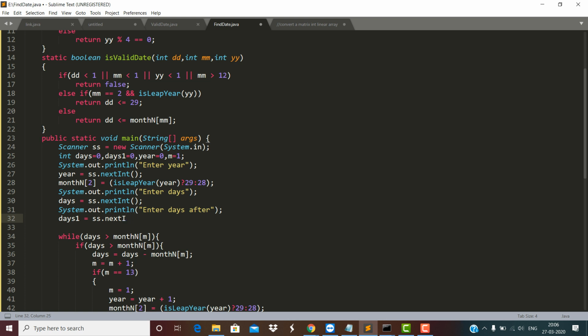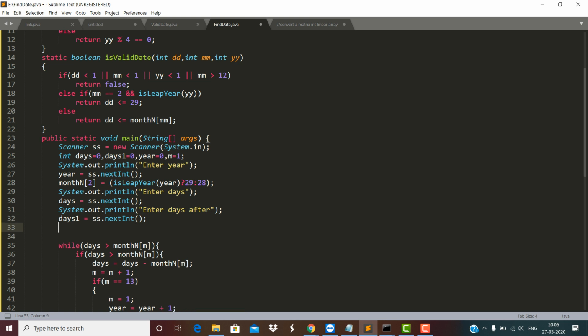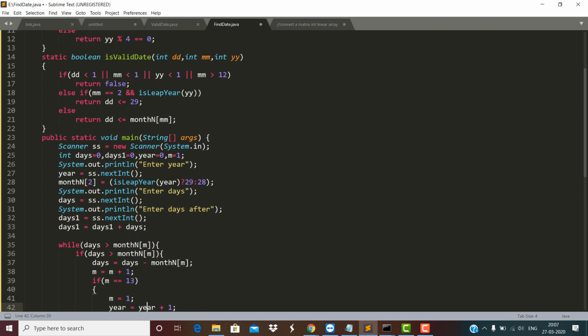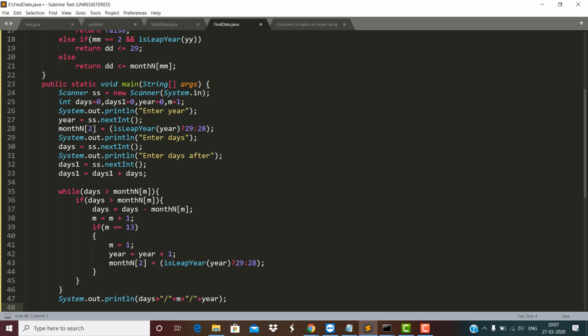So in order to find out the corresponding date after these many days, we need to modify this value. Suppose I have got days 1 plus days. Actually, from what I have done, suppose after 17 days I want to know another day, which is after